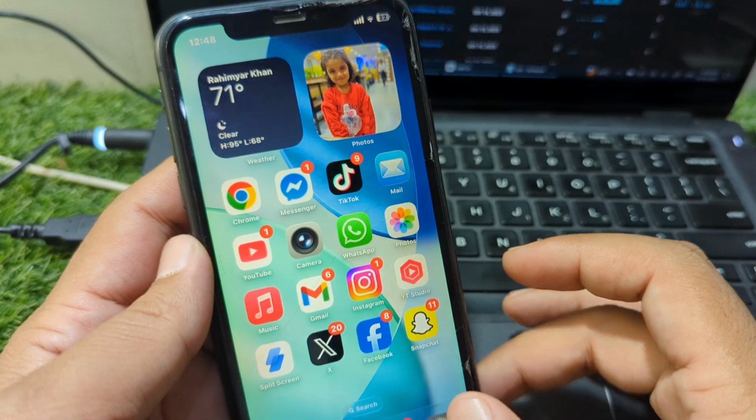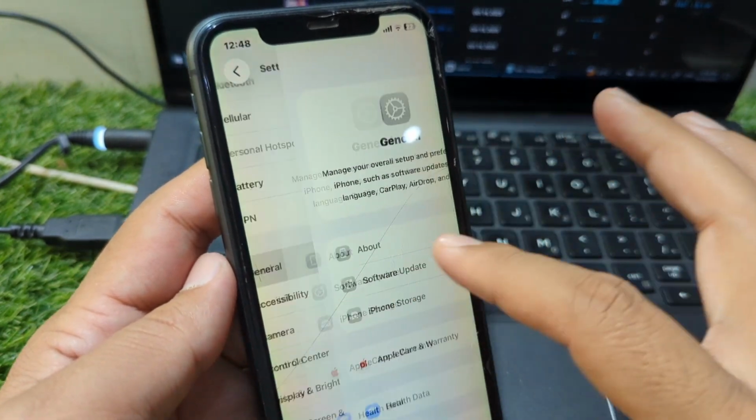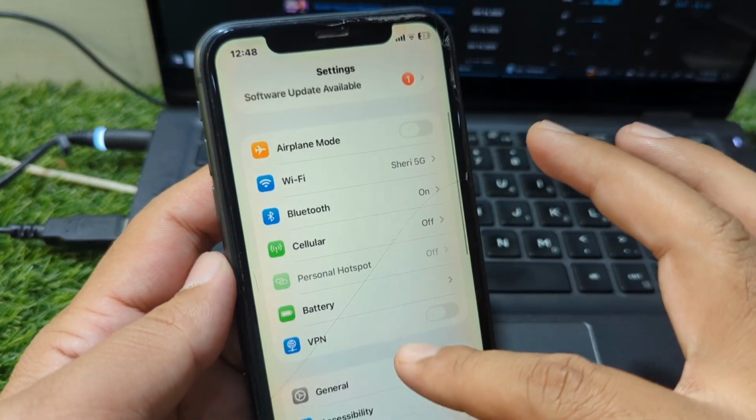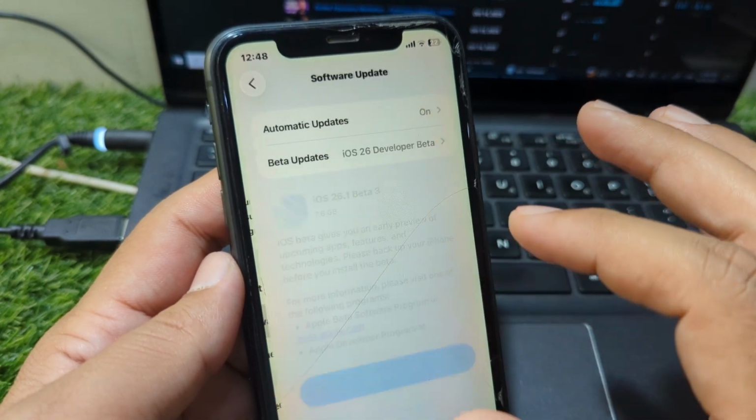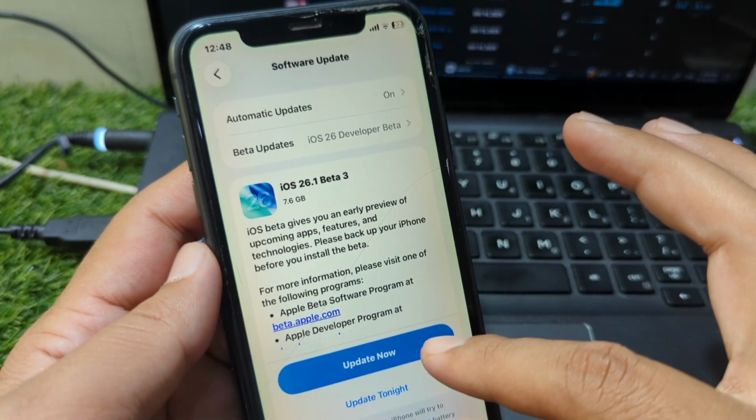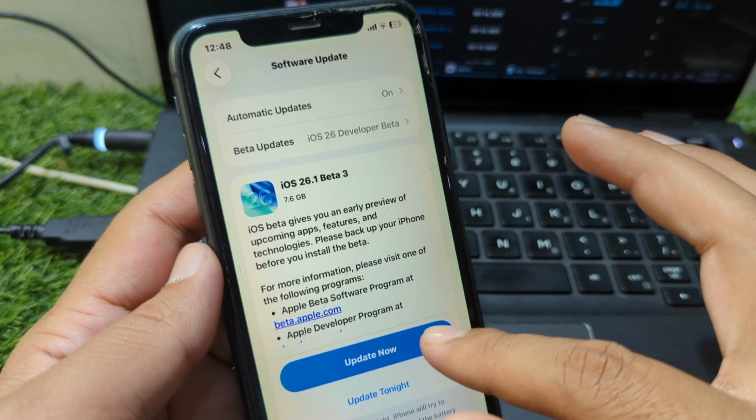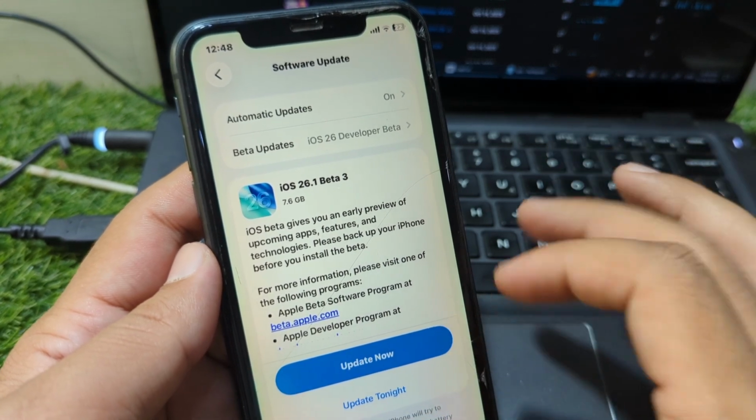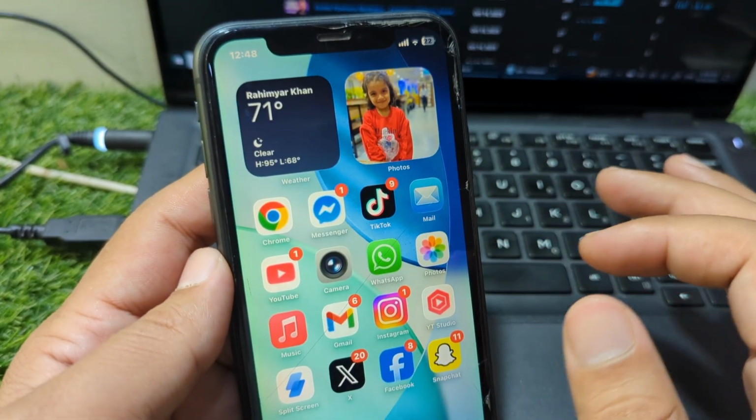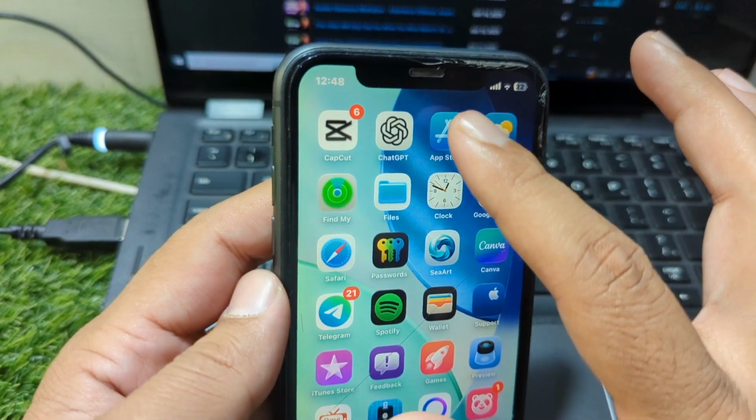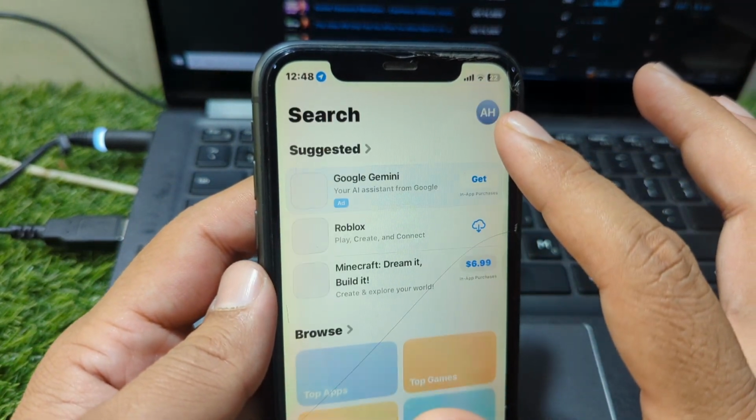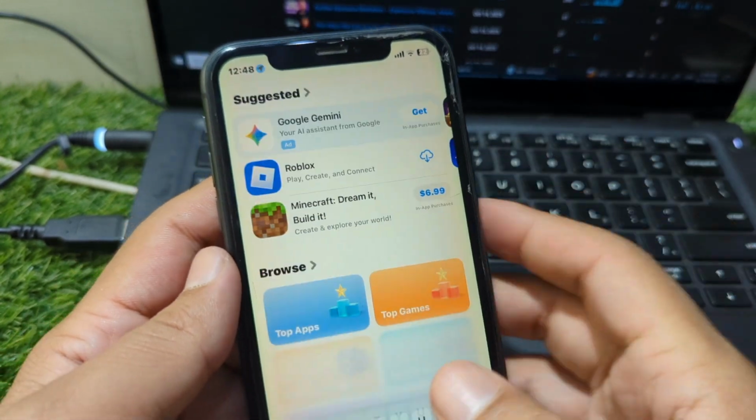First of all, you have to simply open Settings on your device, and from here scroll below and go to General and then Software Update, and from here update your device to the latest version if there is any update available for you like this. So I simply do this, and after this check if the problem is fixed or not. If the problem is still there, then go to the App Store, and from here you have to search for Chrome